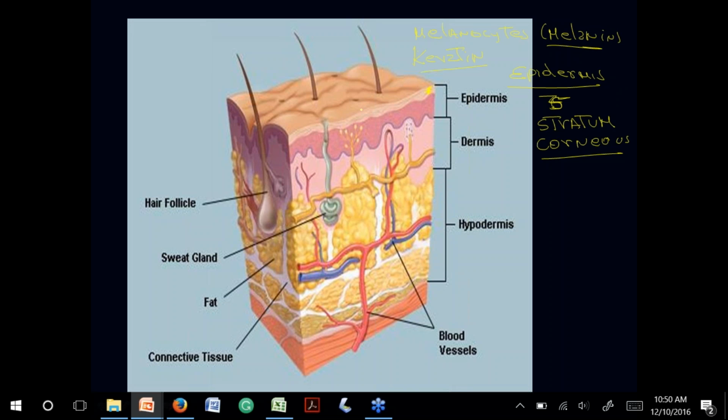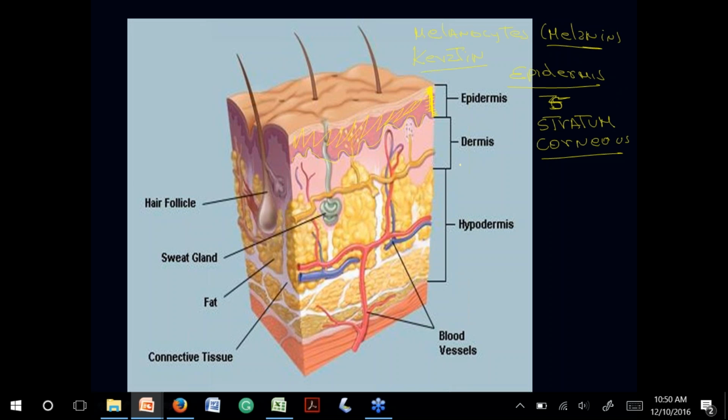The stratum corneum is made of dead cells. They are not living cells. And the function of the skin is to be the first line of defense. Below this, you have all the, sorry, 1, 2, 3, 4, 5, 6, 7 layers here. So everything from here to here is the epidermis. They have ups and downs, can you see here? Ups and downs, ups and downs, and this is all the epidermis.